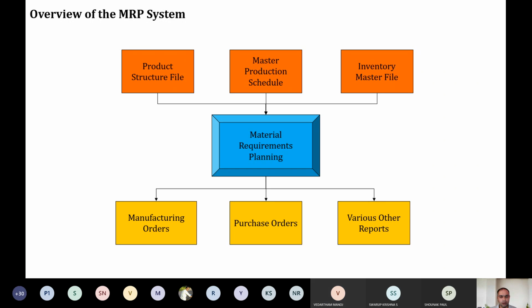In your engineering drawing, towards the bottom of the drawing, there will be a box. For example, if it's a water bottle, it will tell the plastic body, one number, then the cap, one number. If these two components are there, I will be able to assemble them into one product. It will tell what tolerance should be given for the cap and the bottle, what material it is made of, the number of units required,